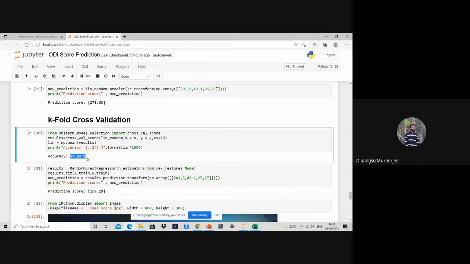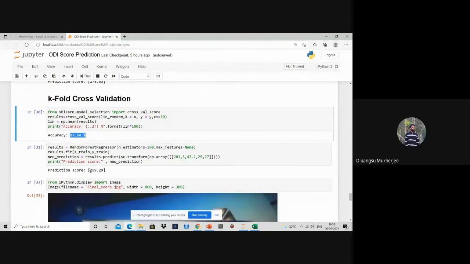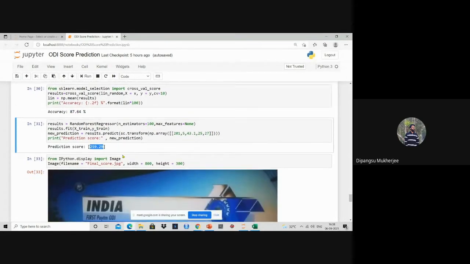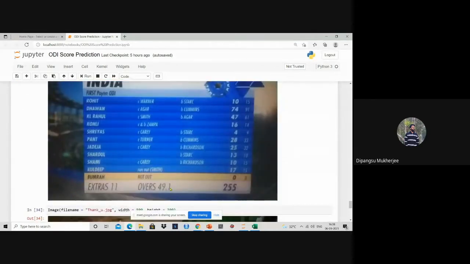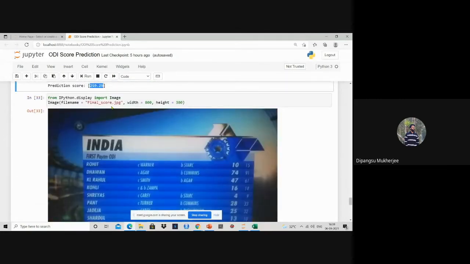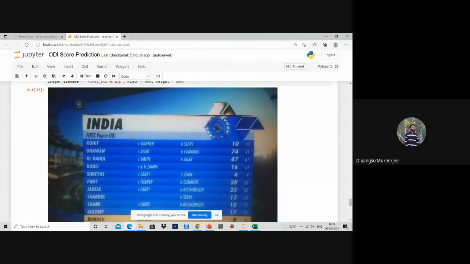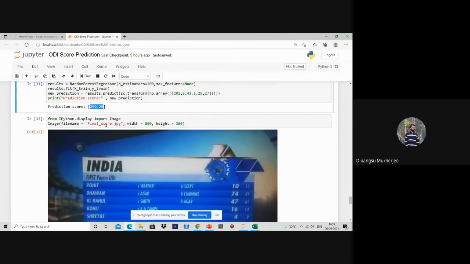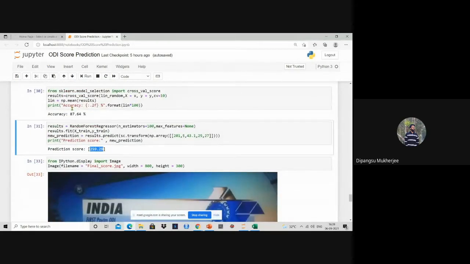So this is the accuracy, 87%, and you can see the predicted score will be 259. So this is our predicted score, and you can see the score after 50 overs is 255, and we have just predicted that the score is 259. So this is quite huge and quite near to our prediction,